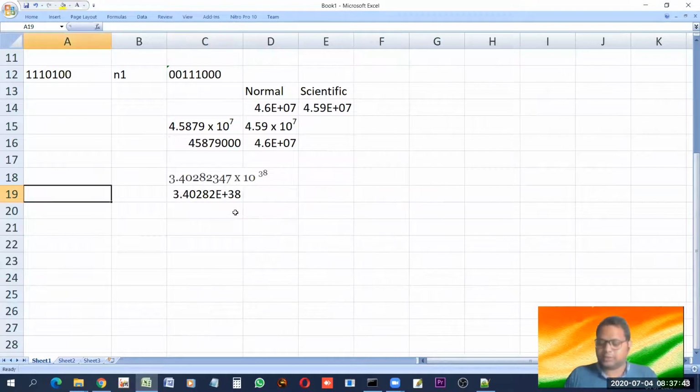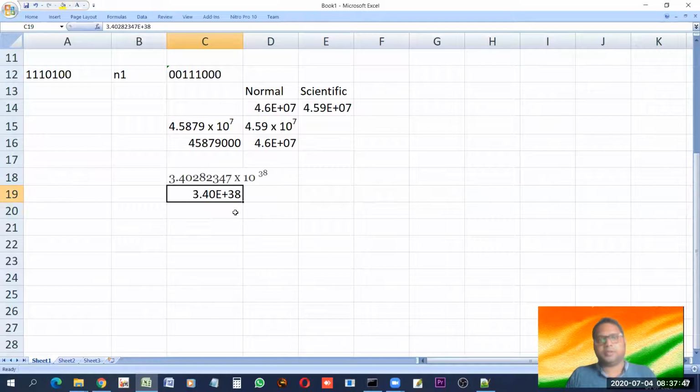So dear students, look, Excel cannot accommodate that big number. So it has automatically converted that into scientific notation. But still, if you wish to write it that way, then there is a way of doing this. So how can we do this? Put an apostrophe and then write the number. And then you can write anything in that long way.